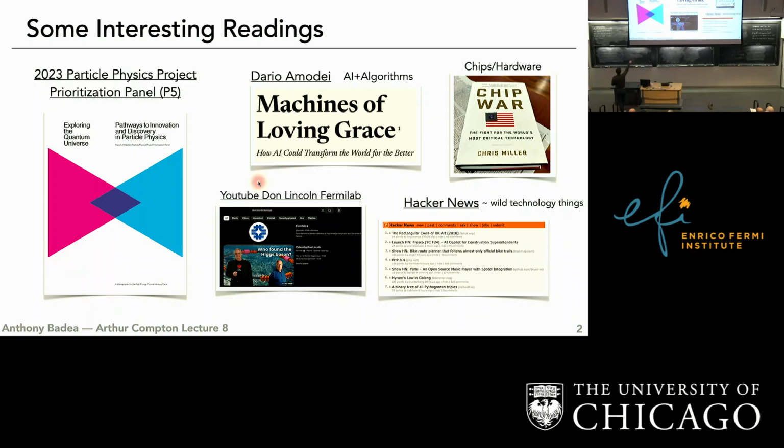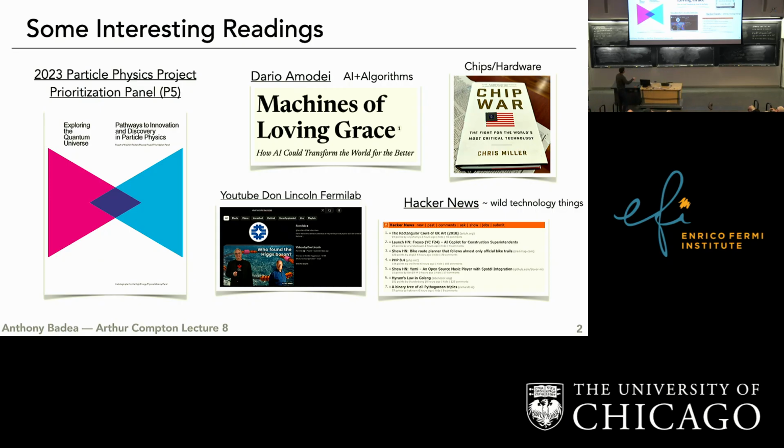First, there's this report that came out at the end of last year, where every 10 years the particle physics community comes together and makes a decadal plan. This lays out the big visions for the field across all different areas. The document is something like 50 to 100 pages, but there's an executive summary that's maybe 2 pages, and you can read it and understand a lot of where the visions are going. So that's on the physics side.